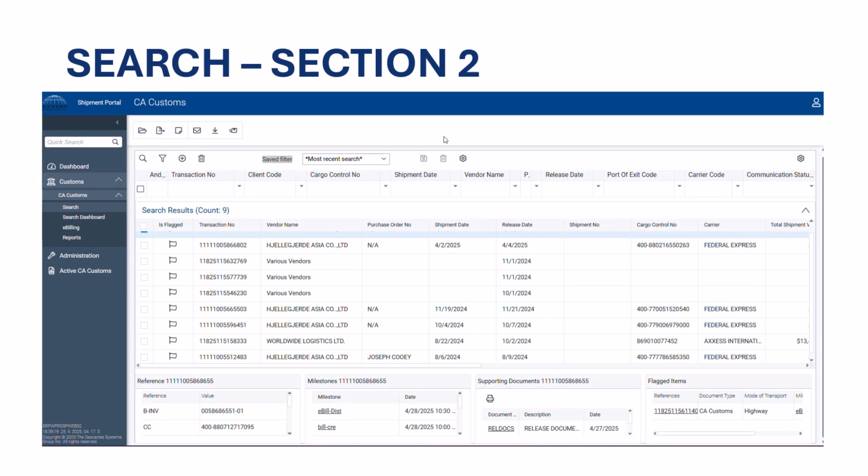Now that we've defined the criteria for our search, let's move on to the search itself. Let's say I need to find all transactions where the parts number or cargo control number contains the digit 400. I will start by locating the column labeled cargo control number, which is here, and then I will type 400